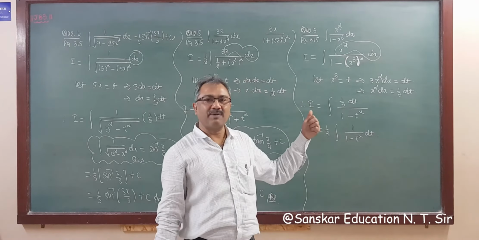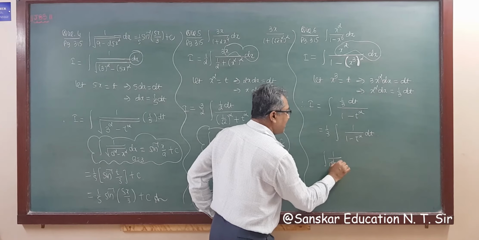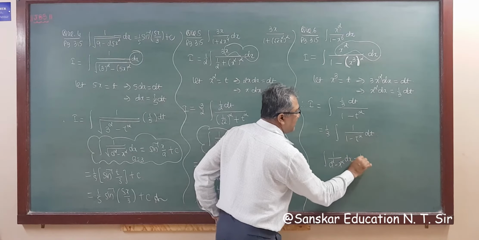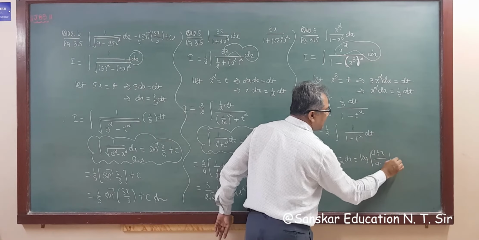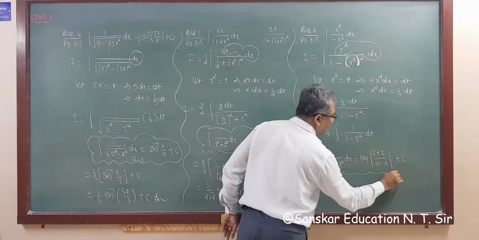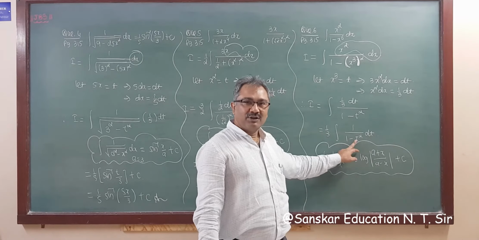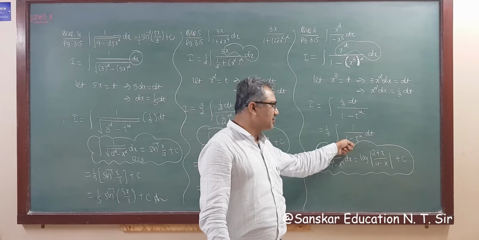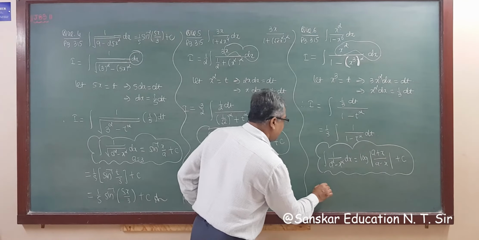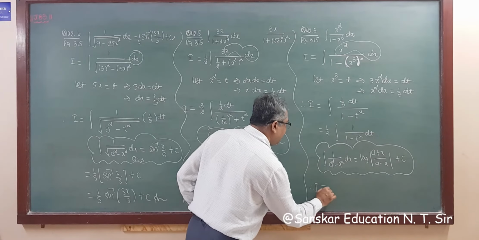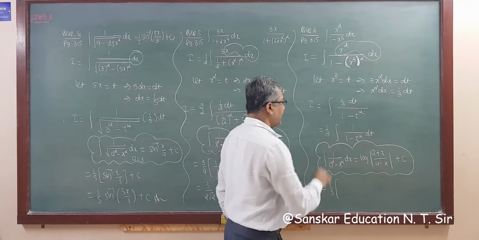So this is the formula for 1 upon a square minus x square. Integration 1 upon a square minus x square dx, the formula is log mod a plus x upon a minus x plus c. If you don't know this formula and you are used to x square minus a square, then take minus common from here and you will get x square minus a square also. So applying this formula, I will be 1 upon 3.